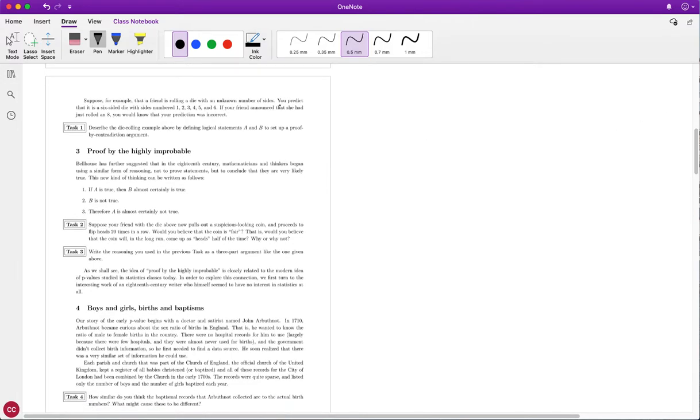But to exemplify that, and we'll work through this in this video, let's suppose, for example, that a friend is rolling a die with an unknown number of sides. You predict it's a 6-sided die with sides numbered 1 through 6. Your friend announced that she had just rolled an 8. You would know that your prediction was incorrect. And we want to describe this example by defining logical statements A and B to set up a proof by contradiction argument. So we're going to let A